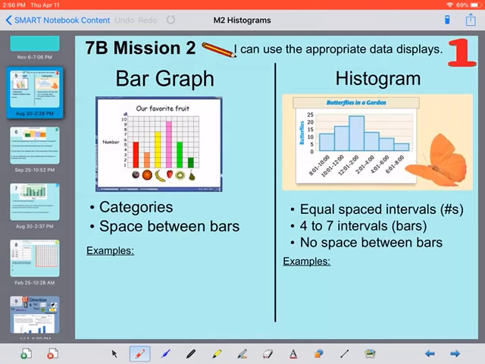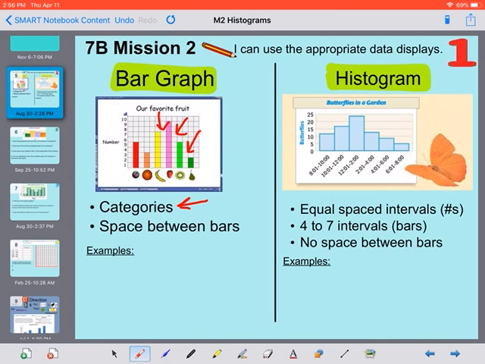Hello, today we're doing Mission 2 of Unit 7B. We're looking at histograms today, and on this first slide we're going to look at the difference between a bar graph and a histogram, because a lot of people think a bar graph is a histogram, when in fact they're very different. So first, a bar graph is based on categories, and there are actual spaces between the bars, as